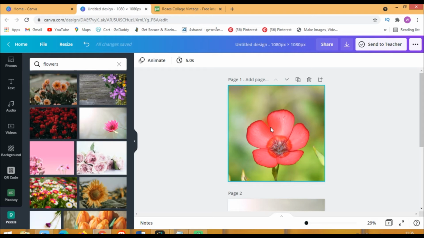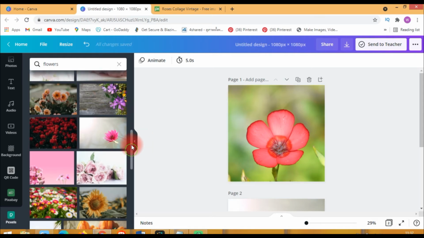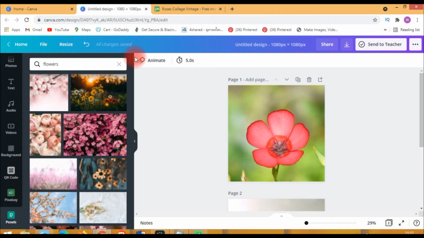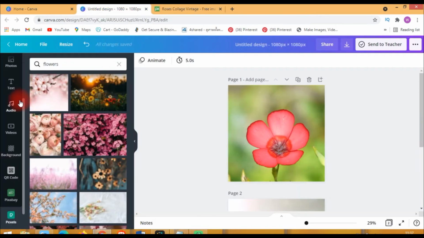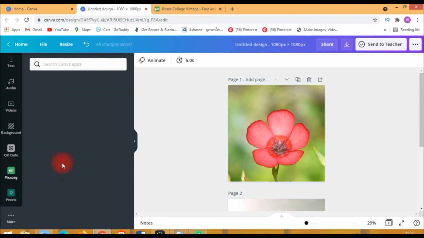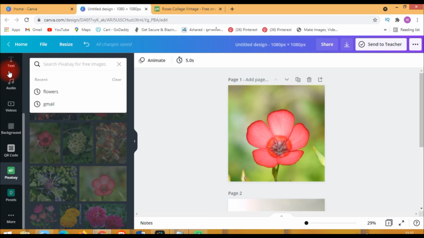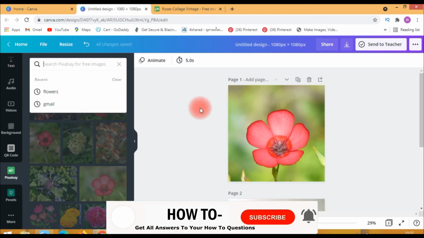I hope this feature is very useful to you, because we need images in our posts to create social media posts. So instead of going to the sites and downloading and then uploading into Canva, which is very time consuming, and quality also gets reduced, directly go to more, click Pixabay, and then search the image you want, pick that image and insert it into the post.